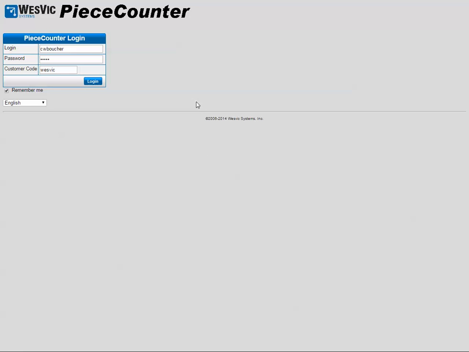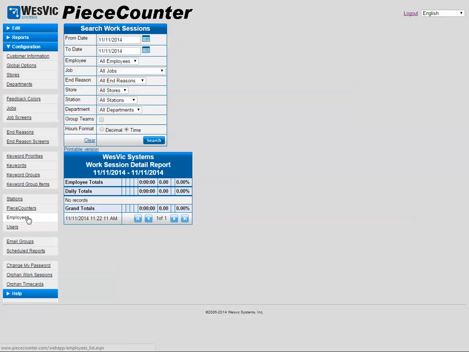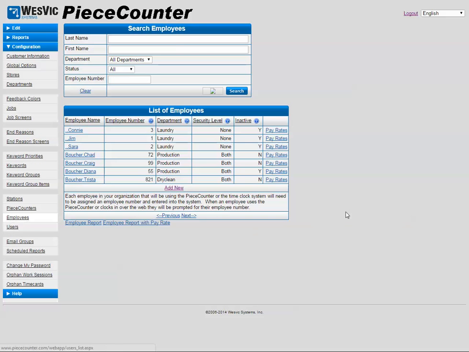To add an employee, first log into your web app, select Configuration, then select Employees. Here you will see a list of all the employees in your system, so select Add New,